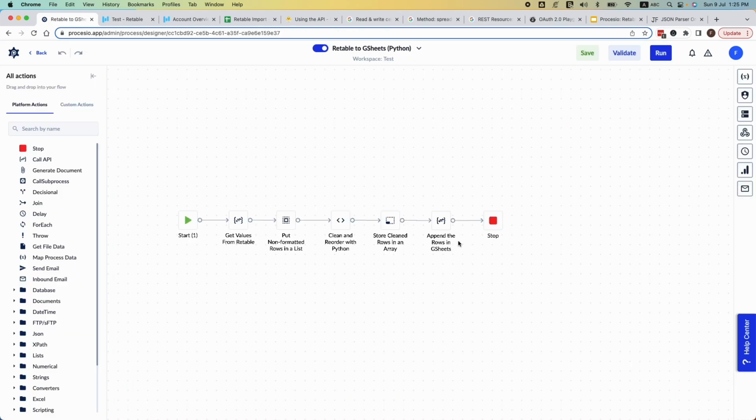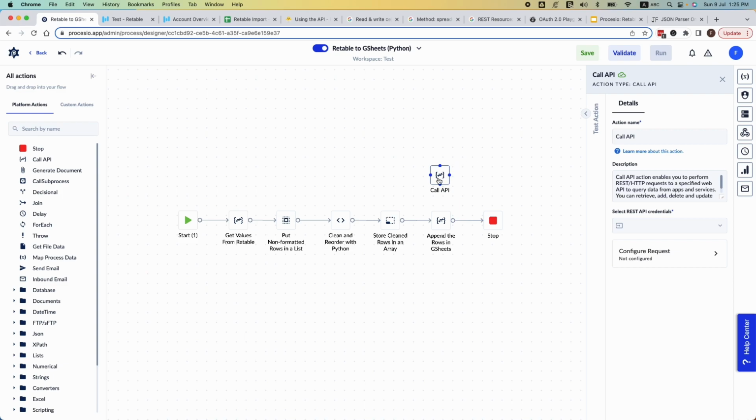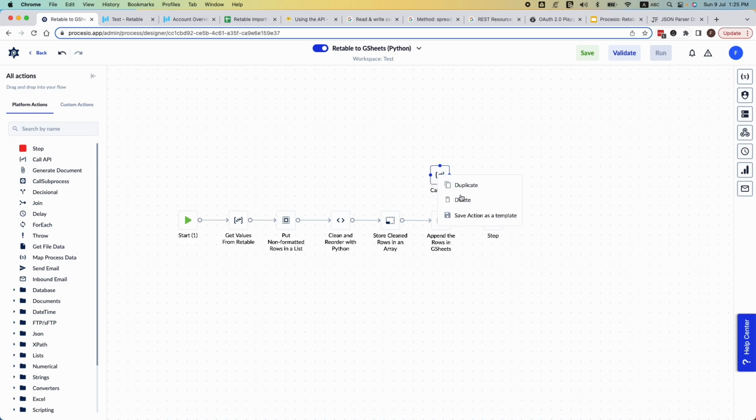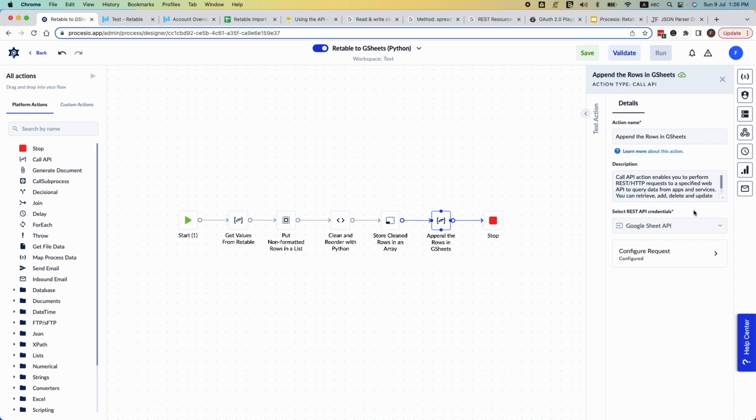Okay, and the last action is to make an API call to Google Sheet. So you just put the call API action on the canvas, and you have to configure it. I will show you how I have configured this call API action. Click on it. So again, you have to select the credential that you need to then make the API call